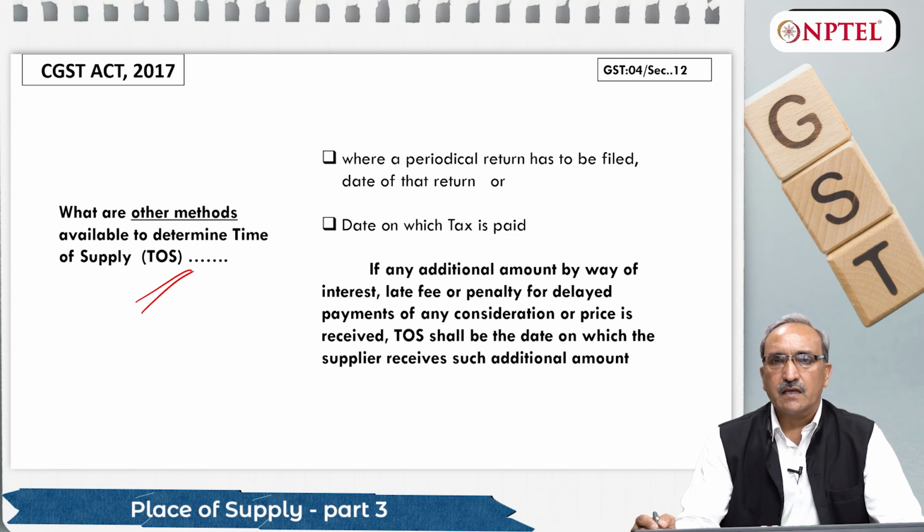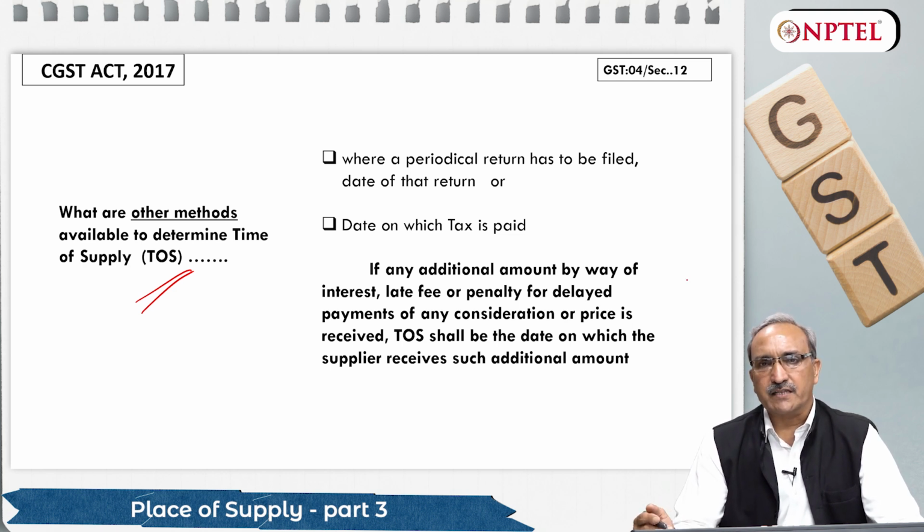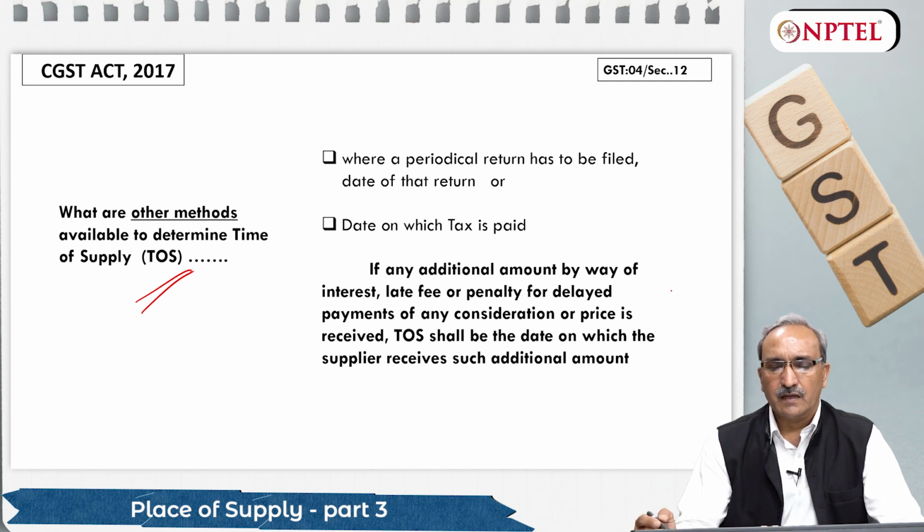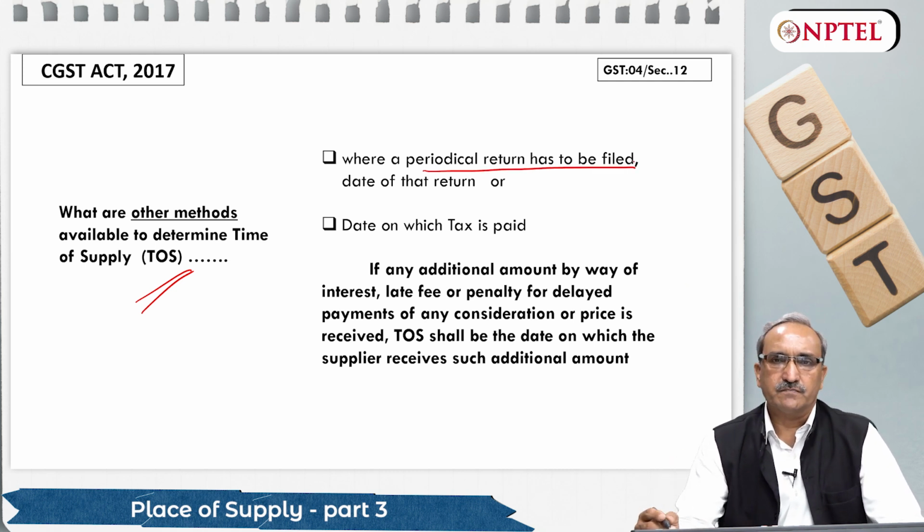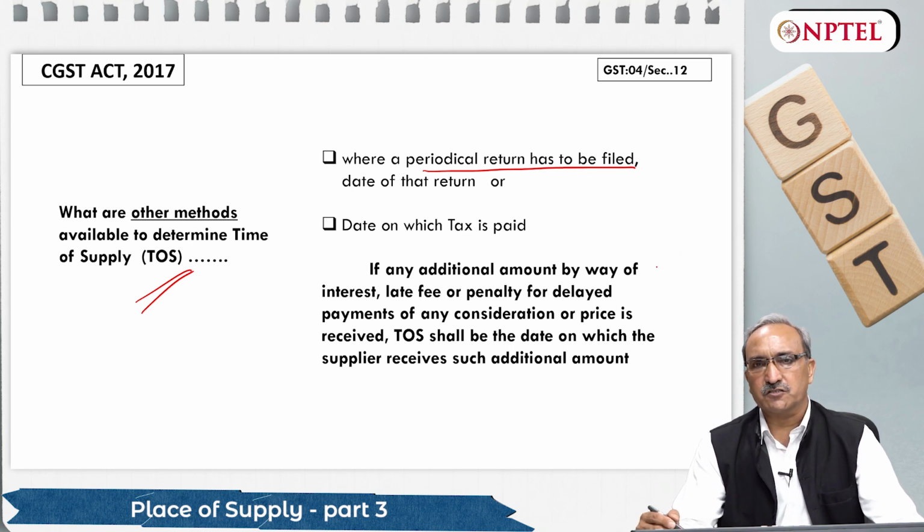So law says in the business or in the transactions, if the supplier is filing periodical returns, generally in business and in GST we file monthly returns. We have a system of monthly returns. GSTR 1 is the first return which shows us outward supplies that we have made during a particular month, and based upon this GSTR 1 our turnover is decided, rate of tax is already decided, and we calculate liability of tax. And in GSTR 3B we pay taxes.